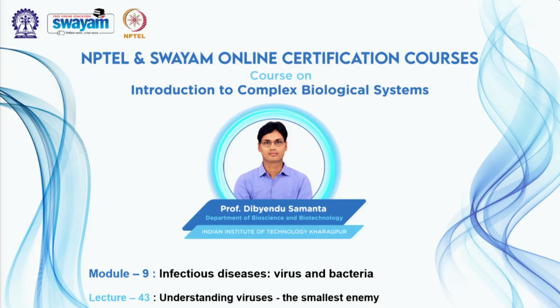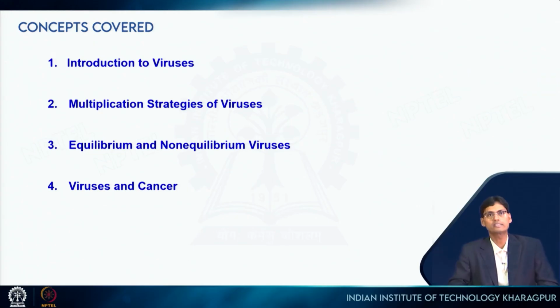Hello everyone. Currently we are discussing module 9 and in this lecture I will be discussing viruses. They are also known as the smallest enemy. So in this lecture I will be covering a general introduction about viruses, followed by their unique multiplication strategies, and then also I will introduce equilibrium and non-equilibrium viruses, and at the end the link between viral infection and cancer,